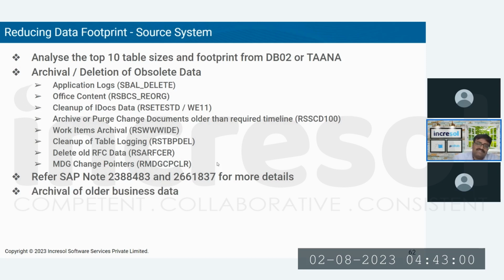Okay, so even this is not helping you to reduce your footprint. Then the next option is, is there any possibility to archive business data itself? Suppose you are having 15 years of data in your SAP system. If you feel that only the last 7 years are required and older than that is not required, then you can plan archival